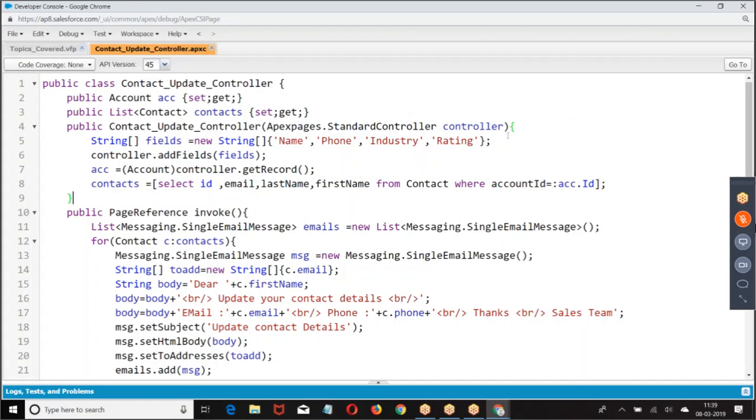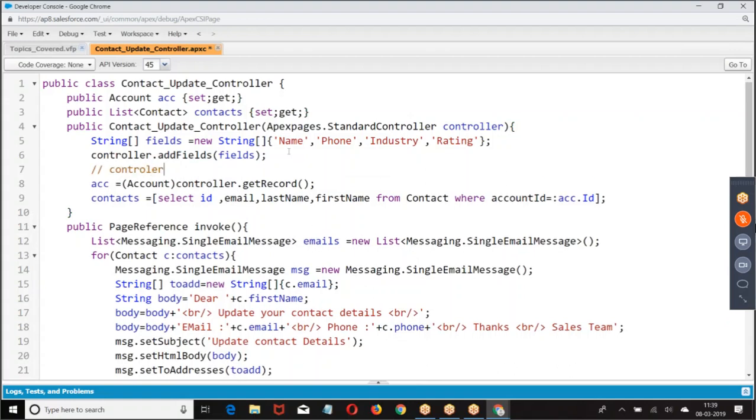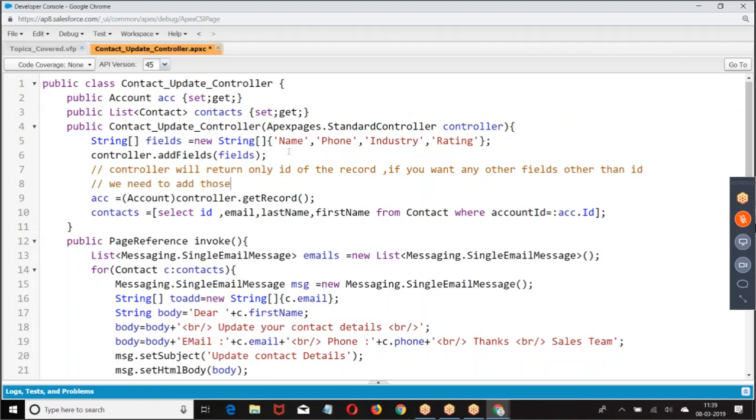So here, the ID of the record. If you want any other fields other than ID, we need to add those fields too.